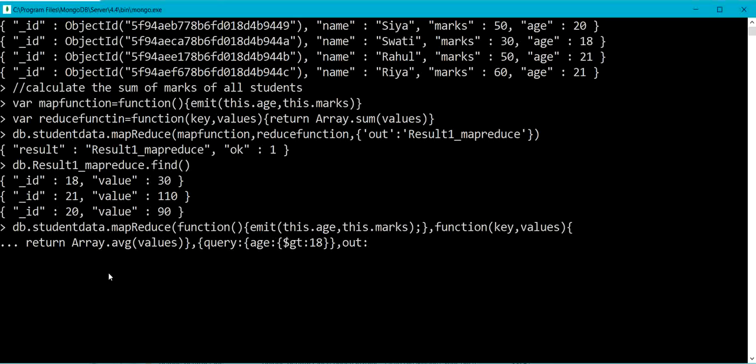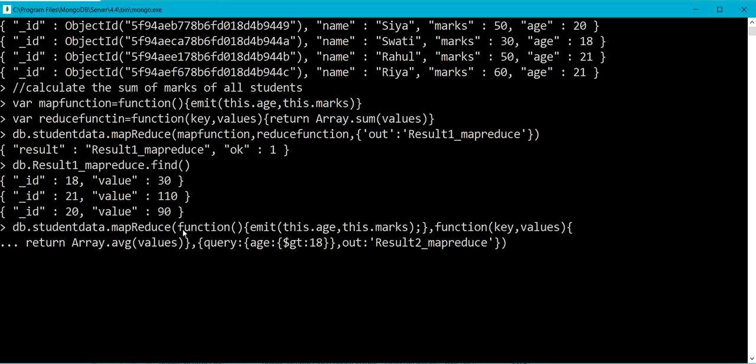So out is the name of the output collection. So let me take some different name, result2 underscore map reduce. Let me complete this. Yes.